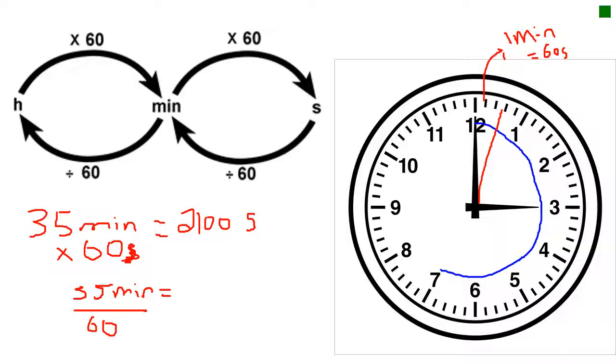We're going from minutes to hours, so we are dividing by 60. So 35 divided by 60 will give us